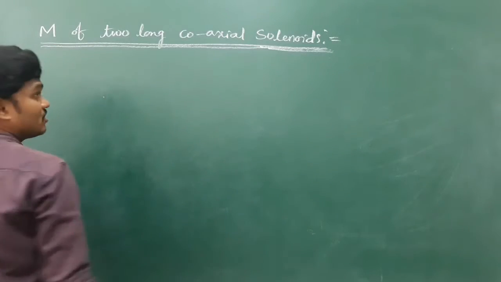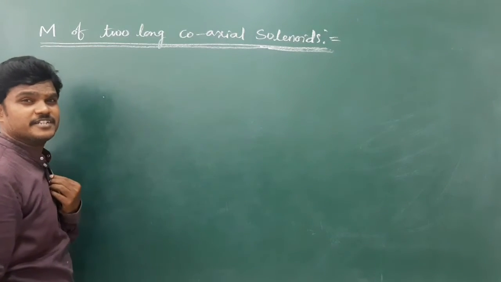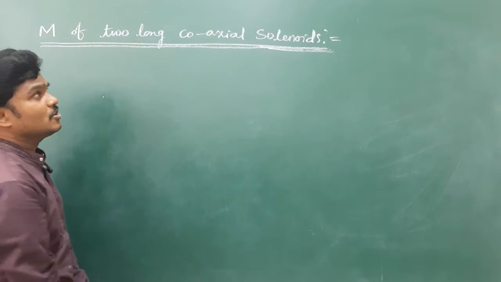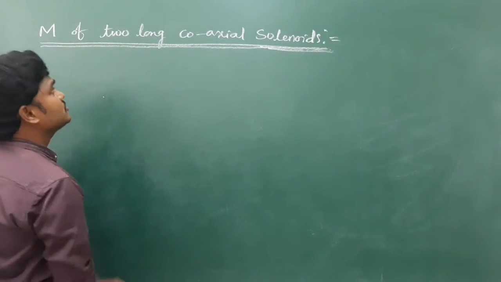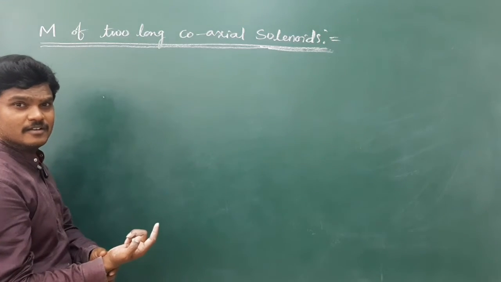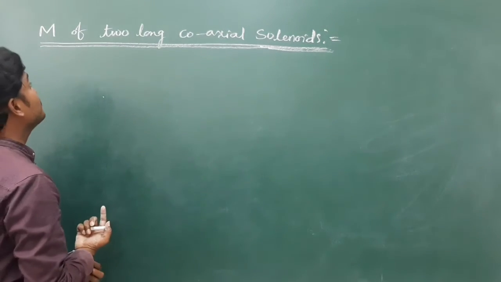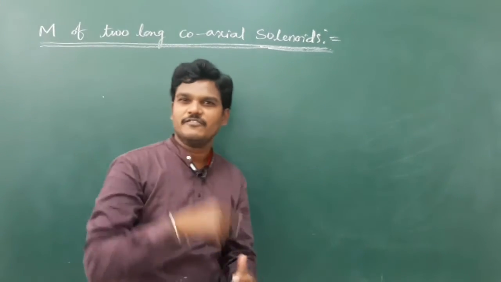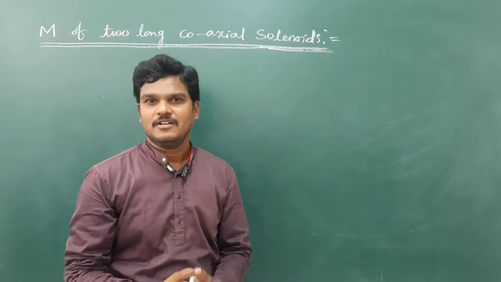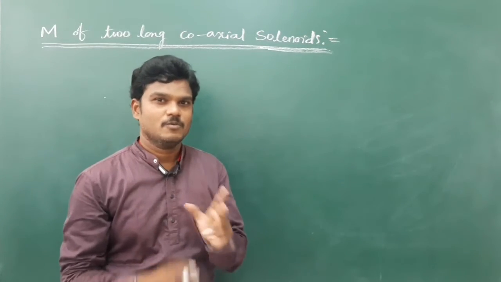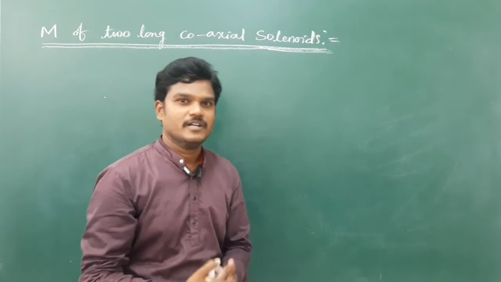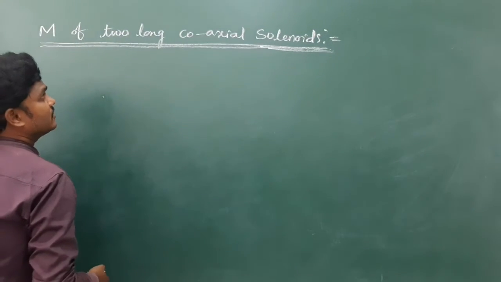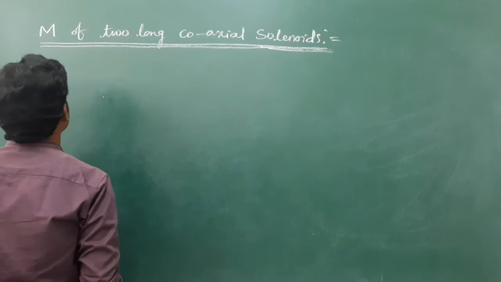For one solenoid, we got self-inductance; the self-inductance of a solenoid was calculated in the last class. Now, if two solenoids are given, one solenoid surrounding the other, then we are going to get mutual inductance. If it is only one solenoid, only self-inductance is possible. Now let me draw the outline view of the two solenoids placed coaxially with each other.